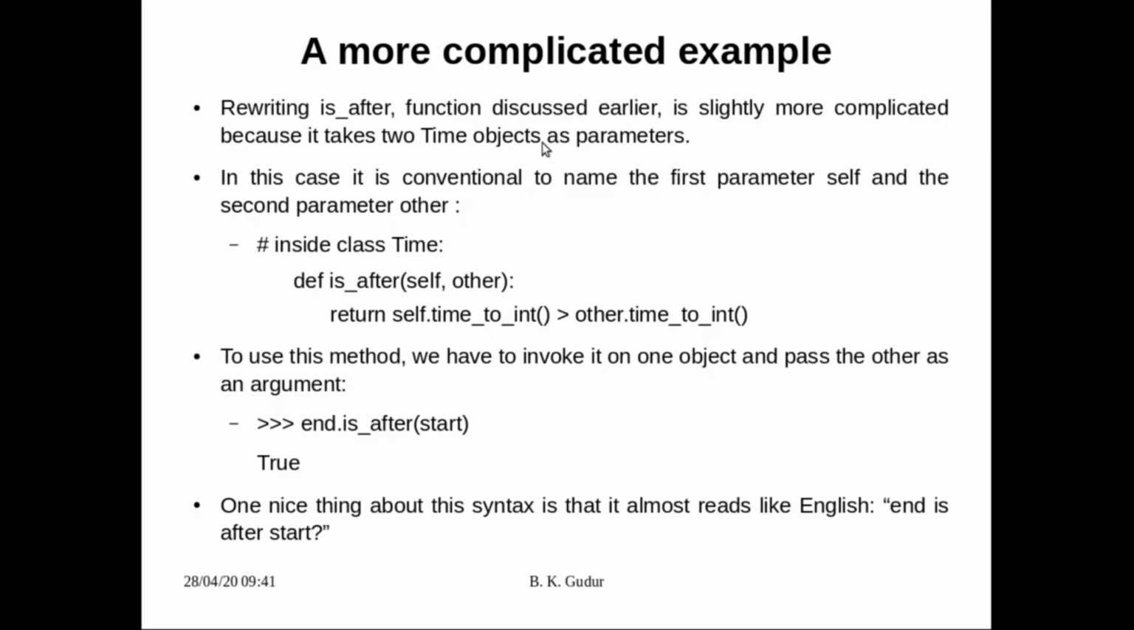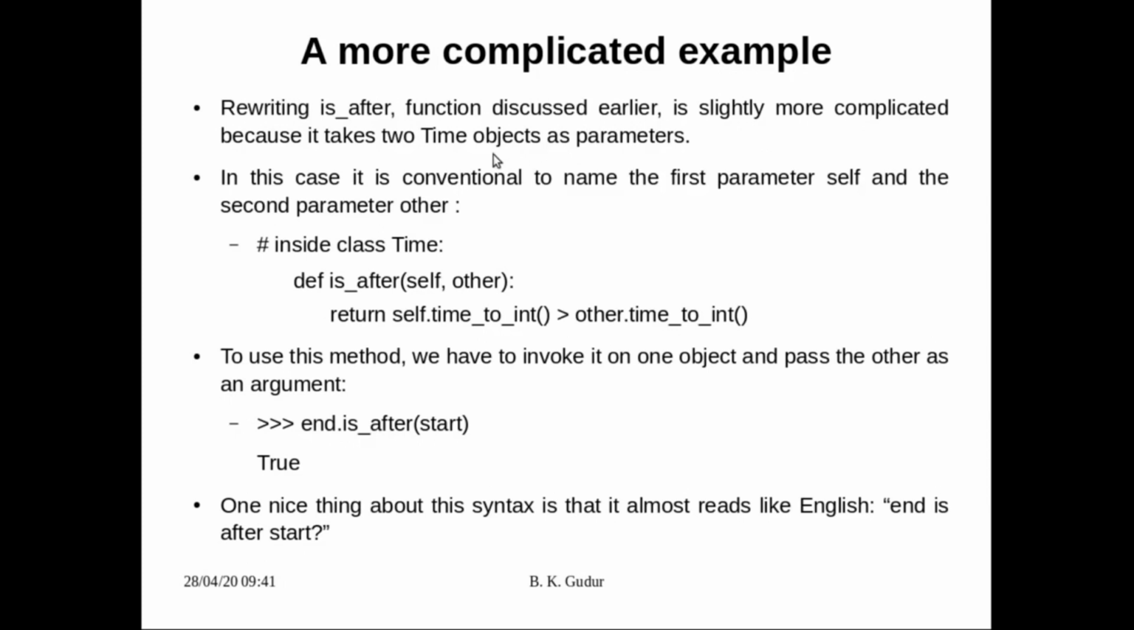For whatever methods we have converted, all methods were taking only one object. Earlier the increment method took 3 parameters. Now why are you saying only one object? Remember, in those 3 parameters, only one was a time object and the remaining 2 were not time objects. Whereas is_after is one function which is going to take 2 time objects. In this case it is conventional to name the first parameter